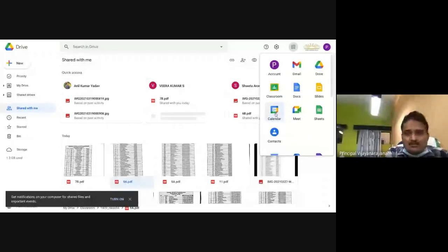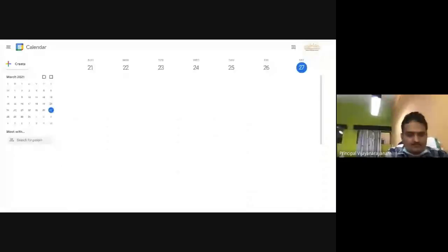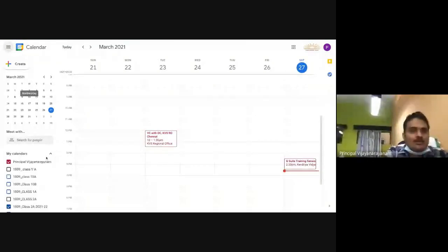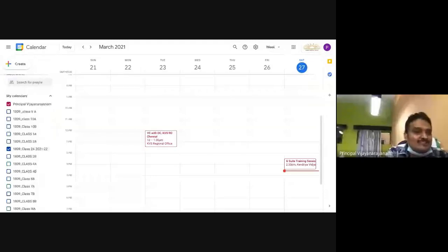So what has to be done? Google Apps, calendar. Let me just share this particular tab. You can see there are many classes there. The new academic session also will have the same class formation.